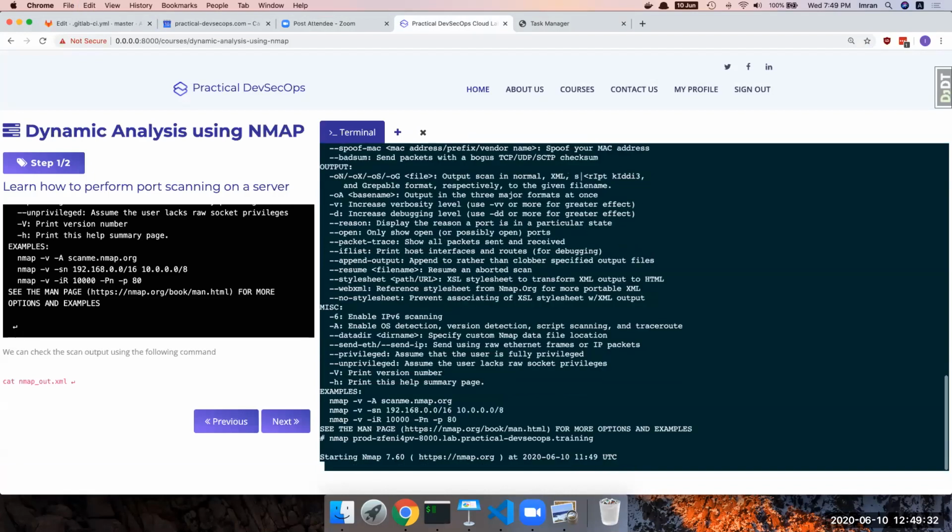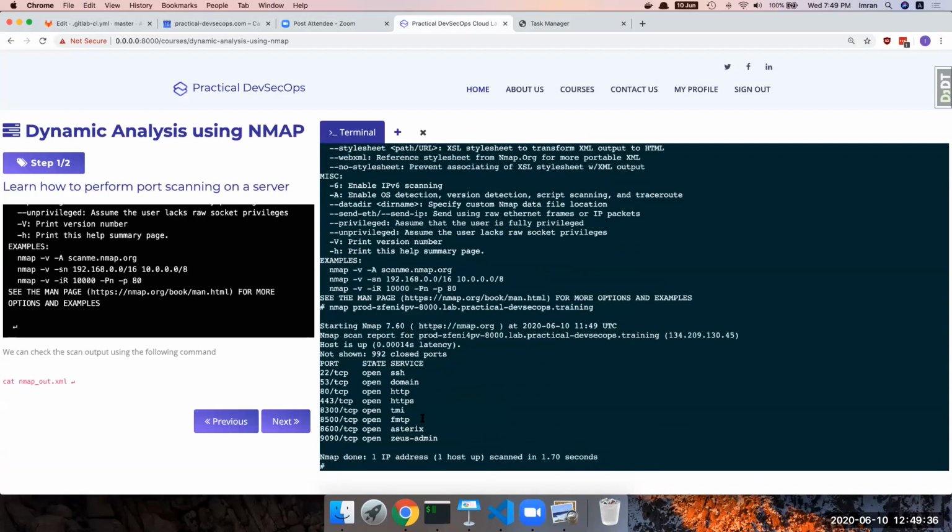Okay. So let's run this. Okay, there you go. It does say you have 4600, 990, 8500, 8300, 80443. And let me tell you, some of these are false positives here. We are not exposing services on some of those ports. So as you can see, now we can even save this thing in